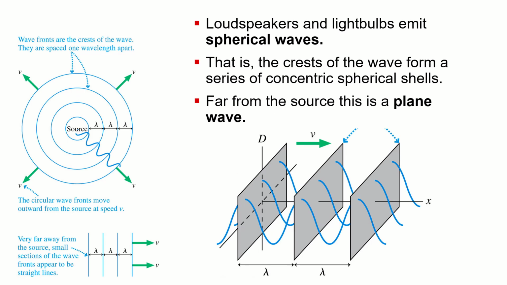You put a source of a wave far from where you're detecting it, and far from that source, we essentially have planes of constant phase, we would say, where the displacements are all the same. And those planes just move through space in the exact same way we would describe our one-dimensional waves that we've been doing, where the displacement is A sine(kx minus omega t plus phi naught).